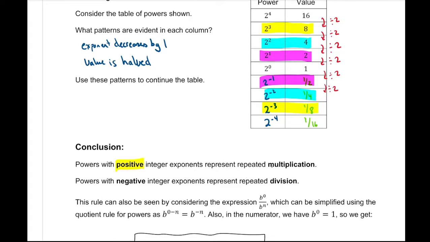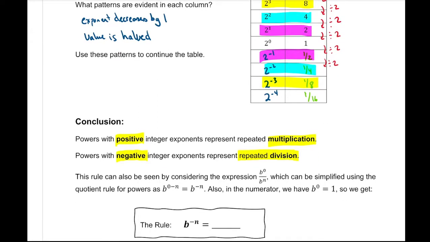So that's what we've been dealing with powers before. But powers with negative integer exponents, so basically negative exponents, represent a repeated division. So it's a repeated division and not a multiplication. So what we can do is we can see that this rule can also be seen considering the expression b